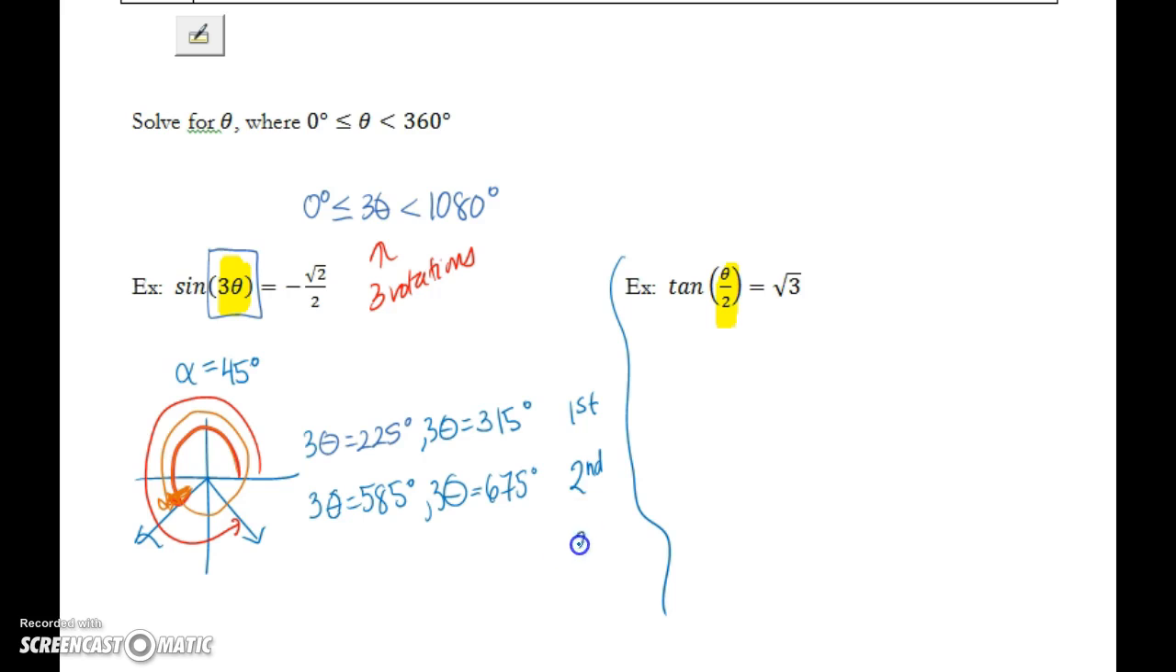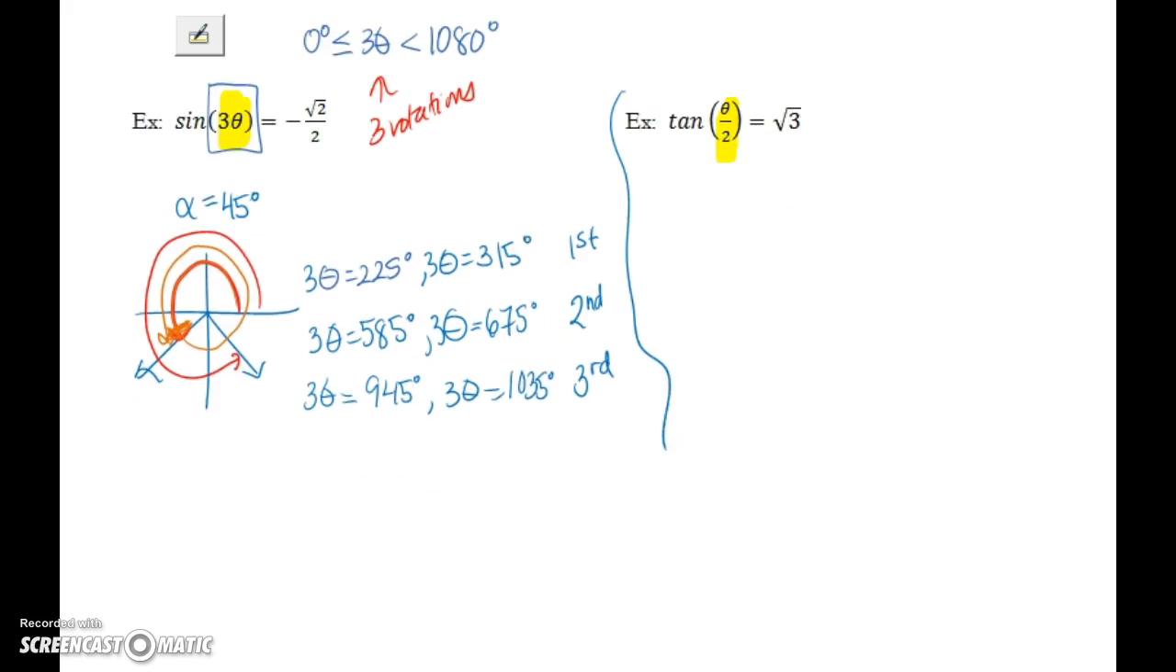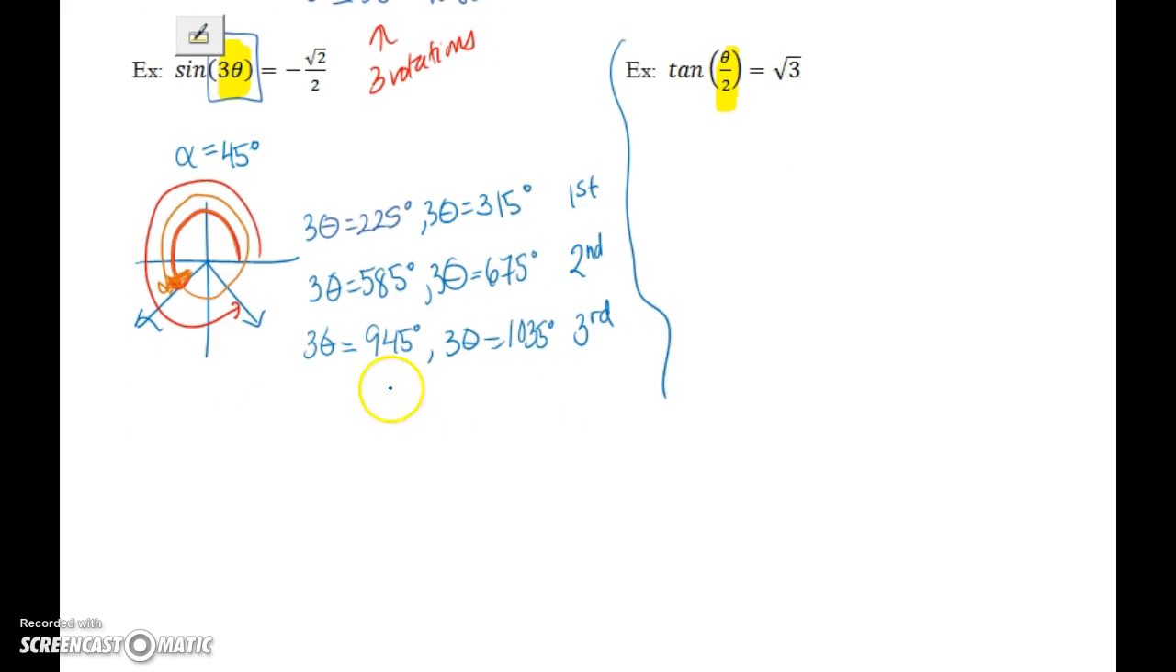Okay. Now on our third rotation, we are going to hit those terminal rays again. So let's add another 360 to our current angles. And 3 theta is going to be 945 degrees, or 3 theta will be 675 plus 360, 1035 degrees. All right, well, we have solutions for 3 theta, but our job is to solve for theta. So we're going to divide all of these by 3